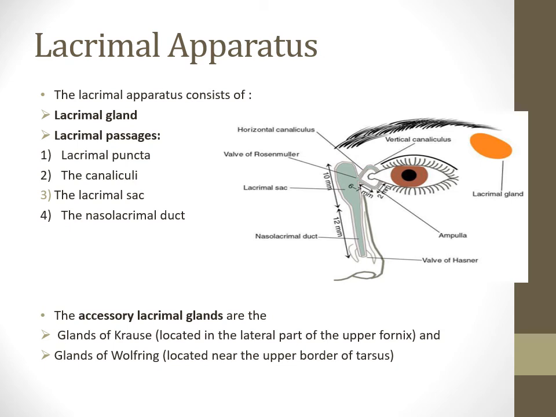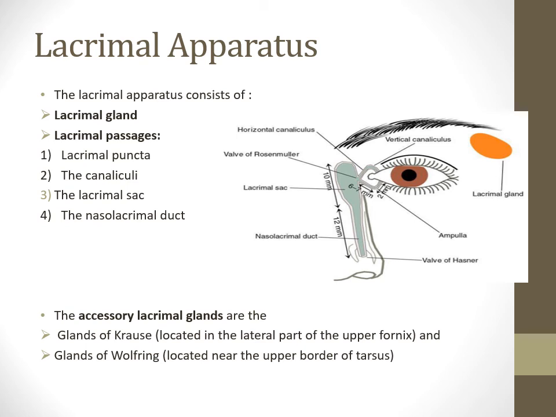The lacrimal secretions get evenly spread on the bulbar conjunctiva and palpebral conjunctiva through the blinking process. After that, these tears come to the medial canthus where the lacrimal puncta are present. These are the openings at the end of the lacrimal canaliculi. There are two lacrimal canaliculi, the superior and inferior. From these puncta, the tears or lacrimal secretions get drained into the lacrimal canaliculi.